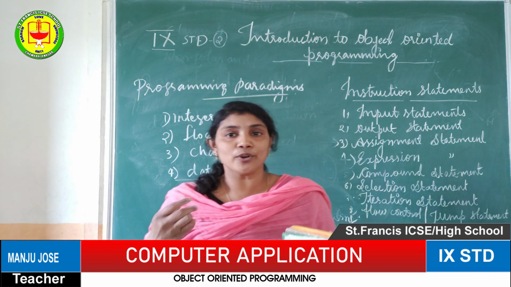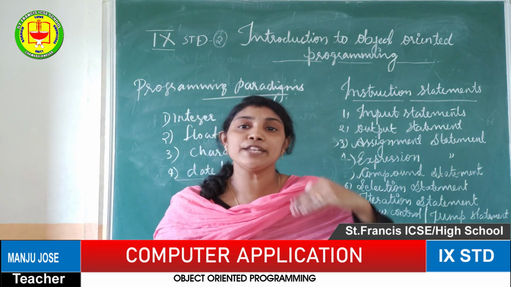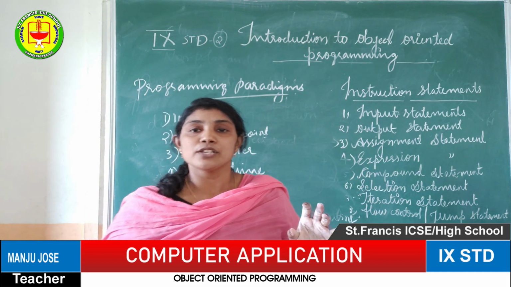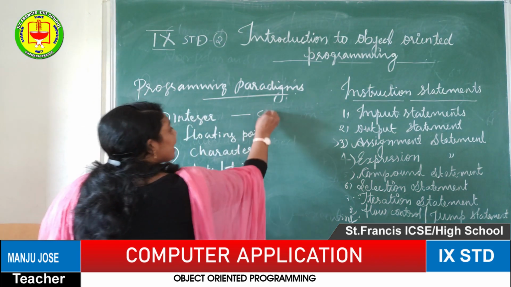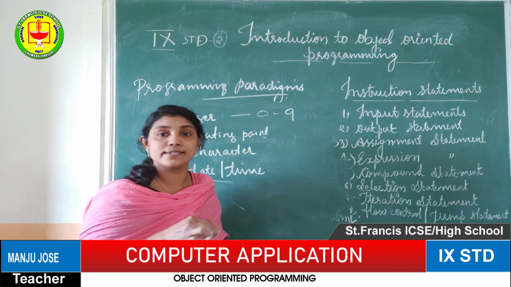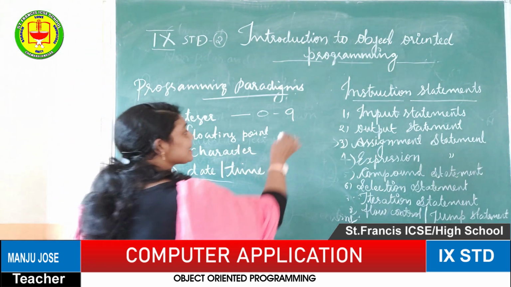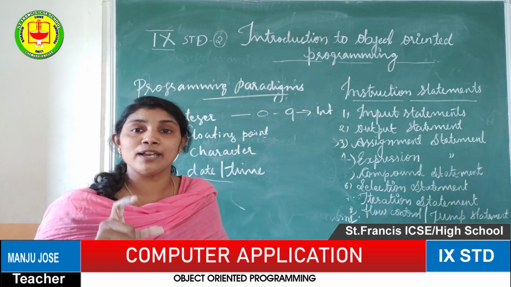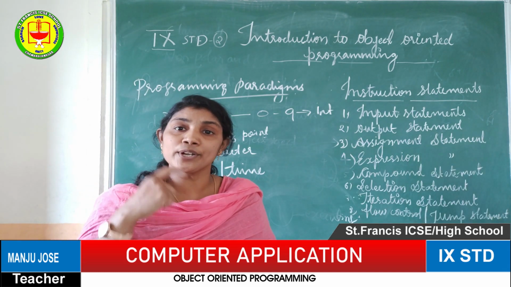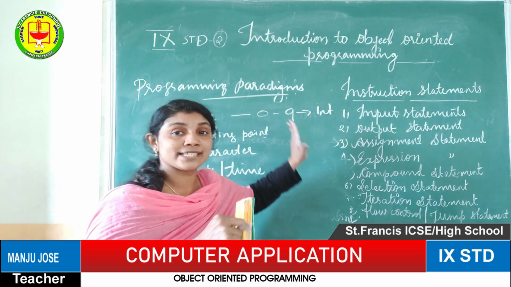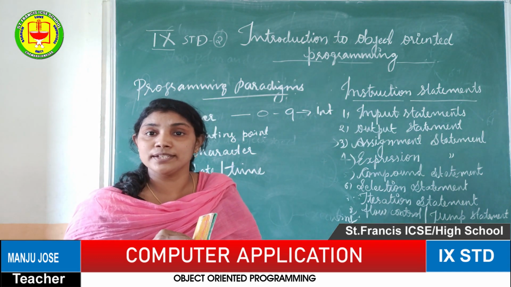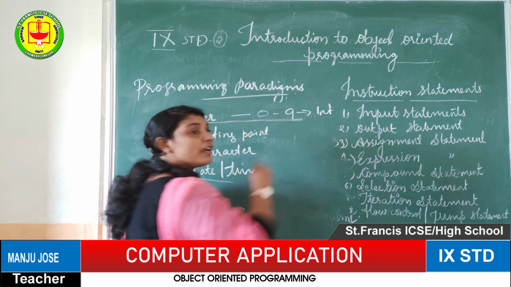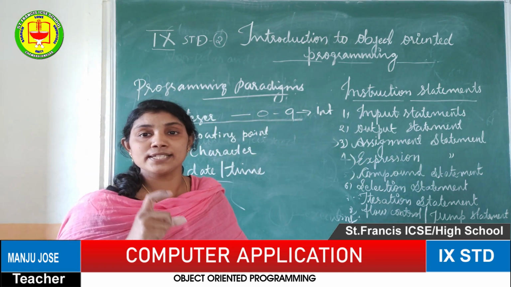The first data type is integer. The word integer is very familiar to us from mathematics. The integer numbers, 0 to 9 combination digits, are known as integer values, isn't it? That is represented by the int data type. Int means only numerical values, 0 to 9. It will not accept decimal fraction numbers. So integer means only normal numbers.